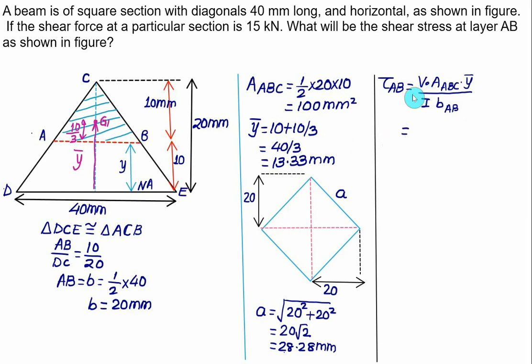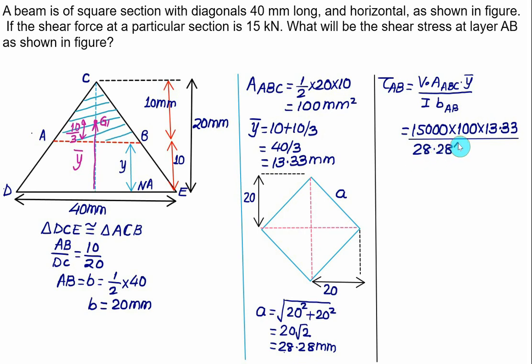V, that is equal to 15 kilonewton, that will be equal to 15,000 Newton. Area is equal to 100 mm squared. Y bar is equal to 13.33, divided by the moment of inertia of a rhombus, which is the same as a to the power 4 by 12. So in this case we have 28.28